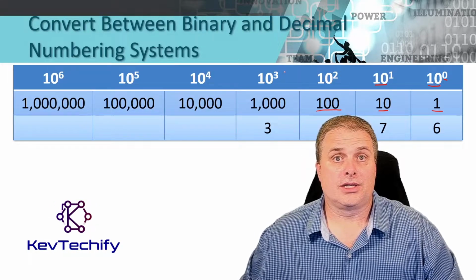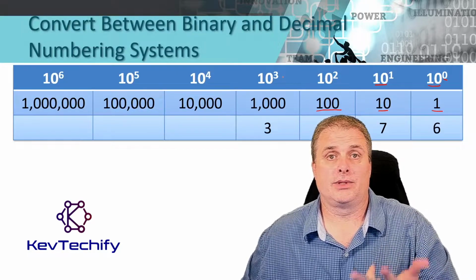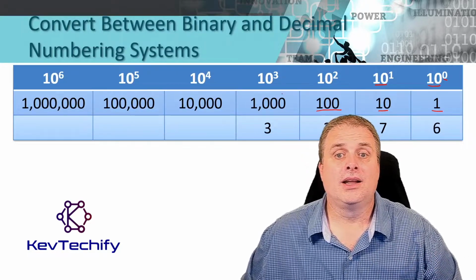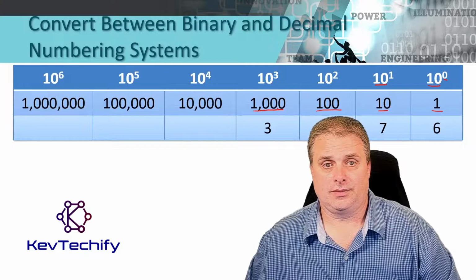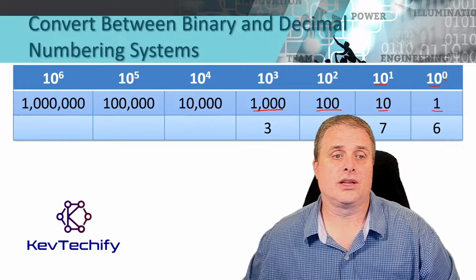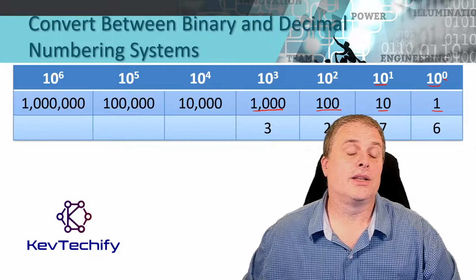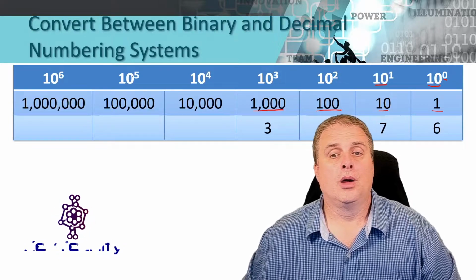10 to the third is 10 times 10 times 10. 10 times 10 is 100 times 10 again. That gives us 1,000 here. 10 to the fourth is 10,000. 10 to the fifth is 100,000. And 10 to the sixth is 1 million. But our number was only